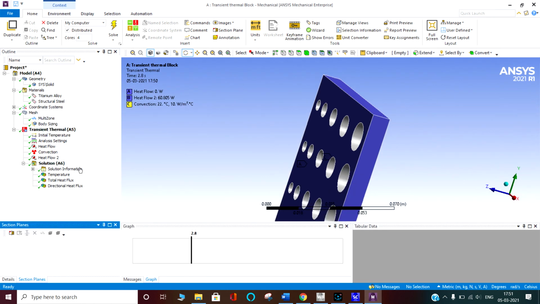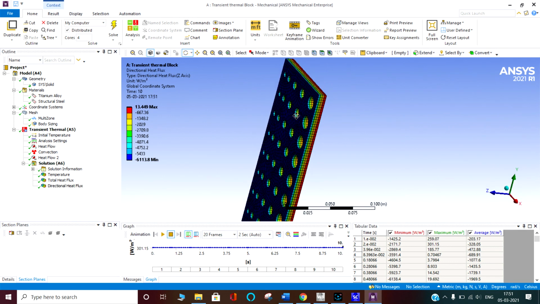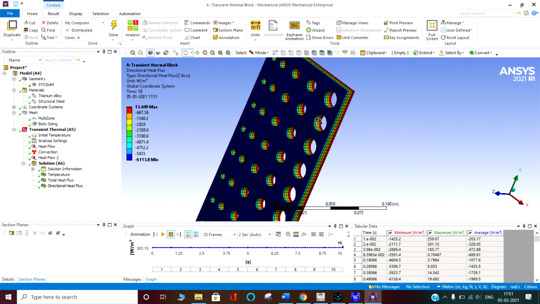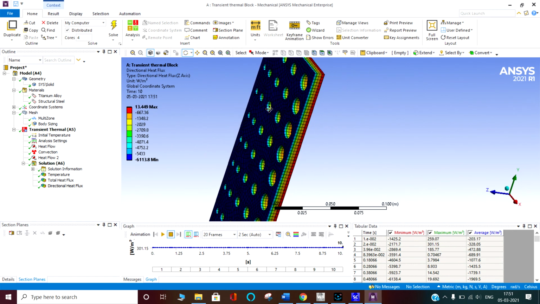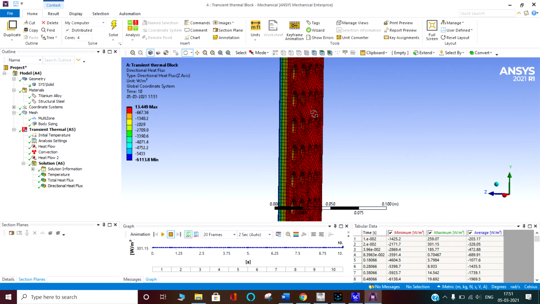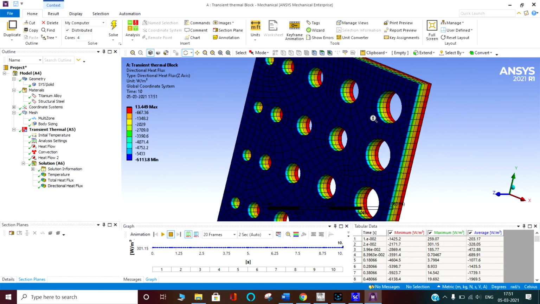In the directional heat flux, this part is having 13 watt per meter square, and from here the heat is coming in, and this part shows that the heat is going out from there. So like this we can study the heat flux also.